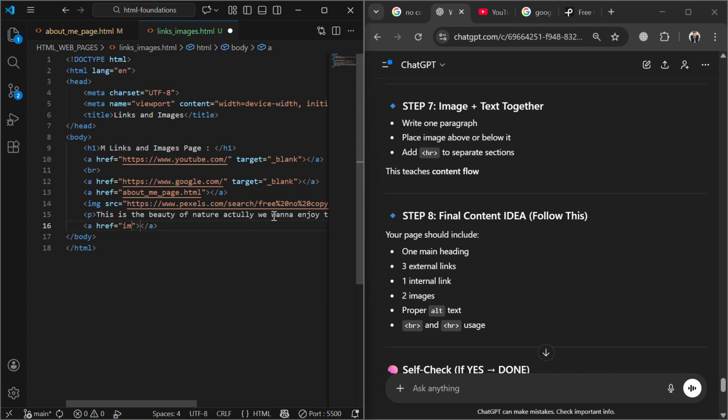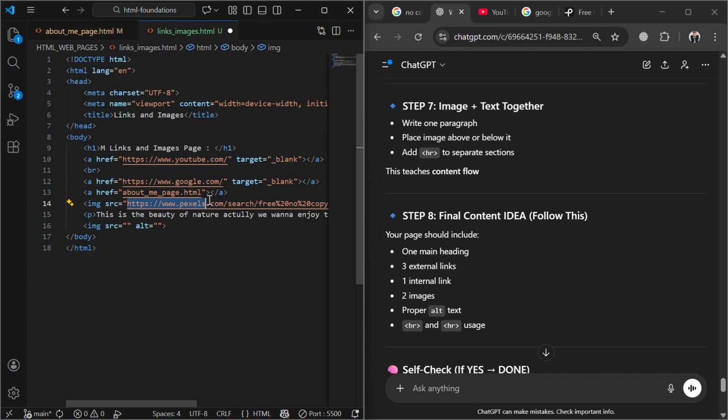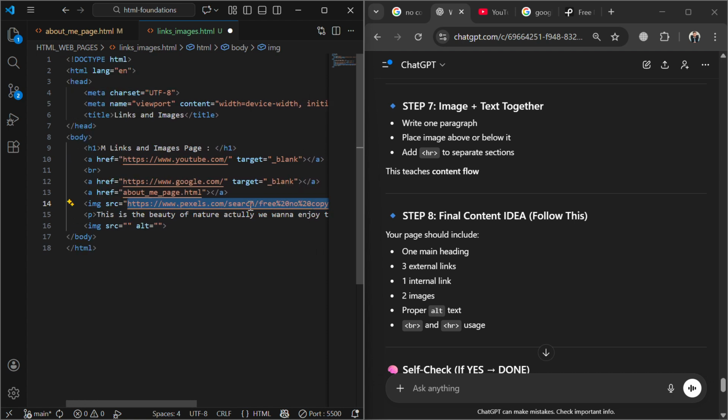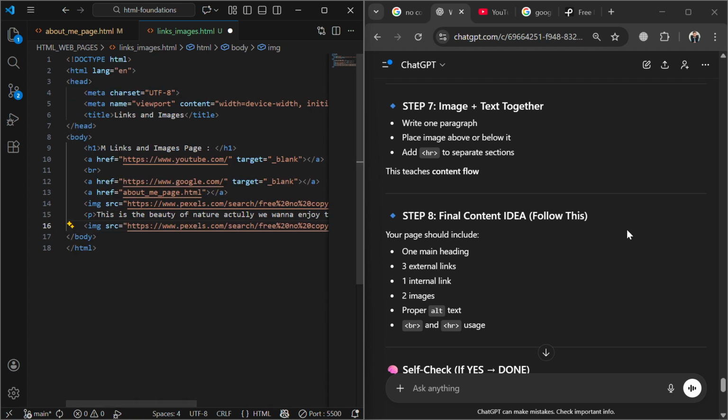As for the image, I just have to add img, and for the source I will use this one. Okay, it's fine. Oh sorry, what am I doing. I'm also learning, and you guys are also learning, so it's better to go with this. So here is the image, and if the image is not loaded, then the alternative text is: this is the image of nature. And final is